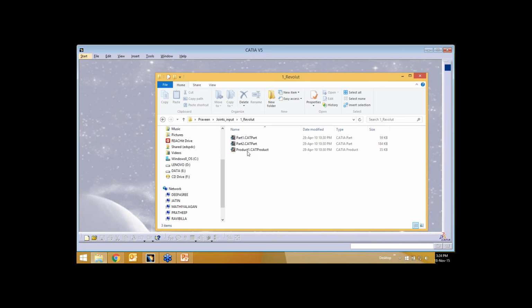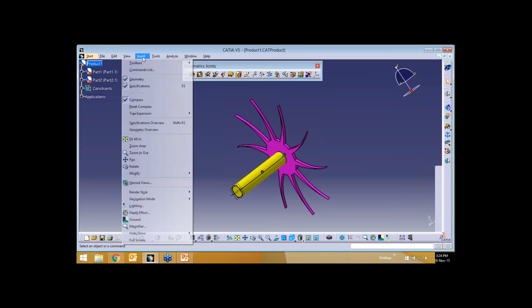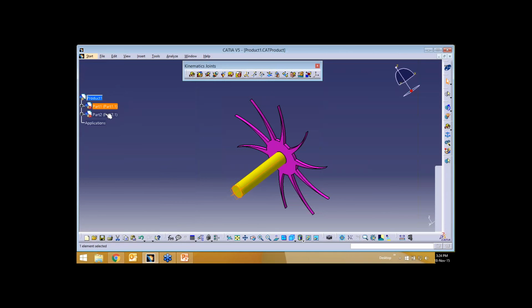So we'll see how to apply a revolute joint first. I'll go for a revolute joint. First, I'll say create a new mechanism. When I say create new mechanism, the application gets added to my tree. Inside application, a mechanism is created. There are two ways of creating a new mechanism.